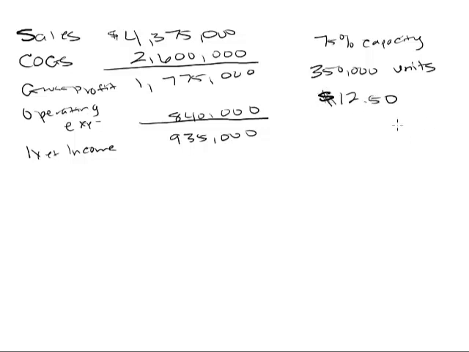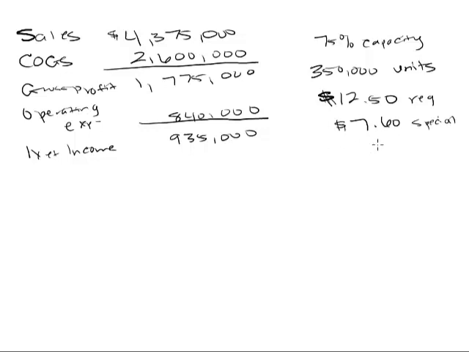Well, let's say that somebody comes in and says, instead of the $12.50, we're going to offer you a little bit different. How about if you give them to us for $7.60? So this is the regular price, and this is what we're going to consider our special price. They're asking us, would you sell us this at $7.60 a piece? So we have to consider, would you do this?